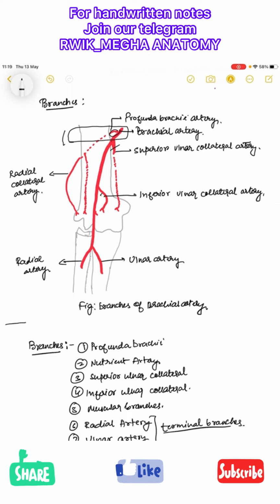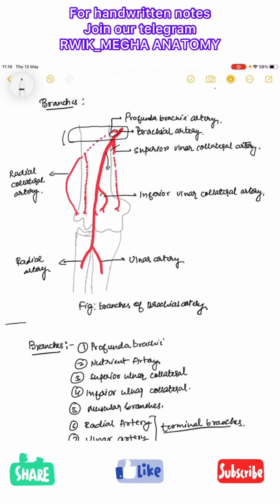And there is one nutrient artery that has not been shown in this diagram, that emerges just along the medial border of the shaft of the humerus and enters the nutrient foramen. In which direction will it enter? There is one mnemonic: from the knee I flee, and towards the elbow I go. So the direction of the nutrient artery should be directed downwards. Okay, so this should be going like this.